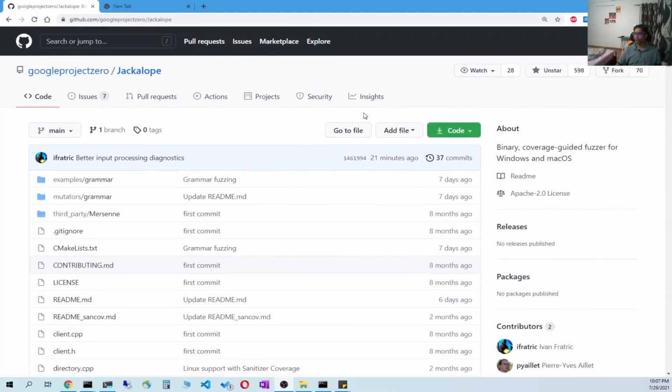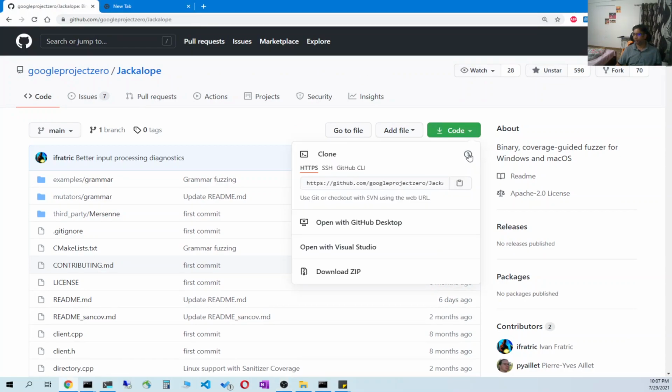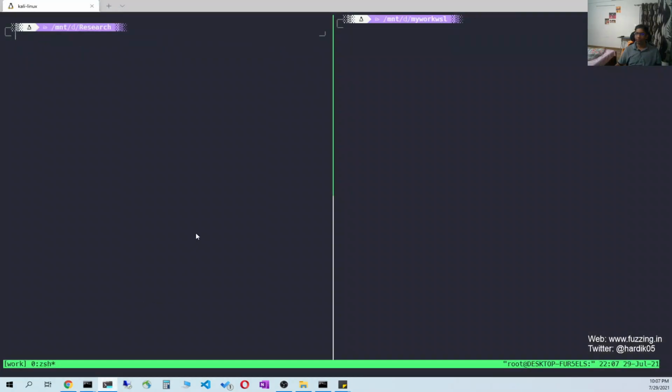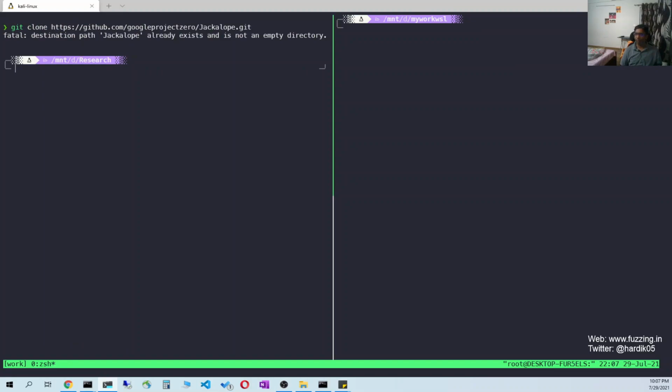The first thing you need to do is open this URL, github.com/googleprojectzero/Jackalope, copy the URL, go to your command prompt and simply type git clone followed by the URL for Jackalope. It will clone the repo. In my case, I have already cloned it, so it is giving this error.